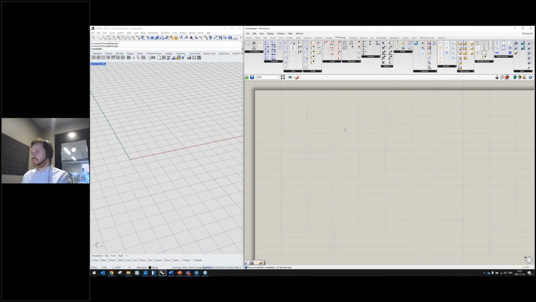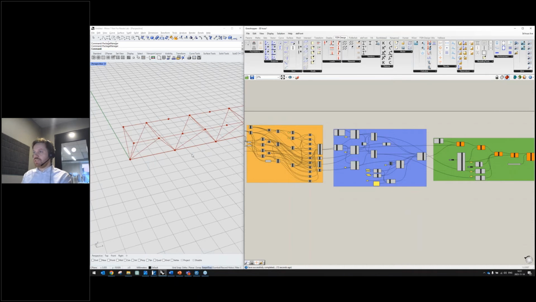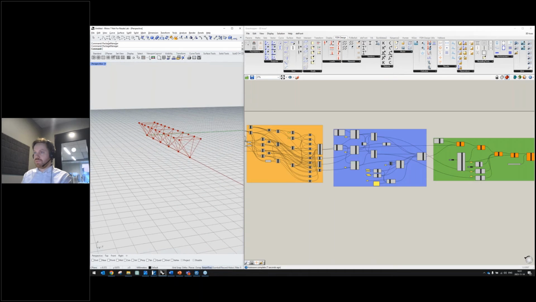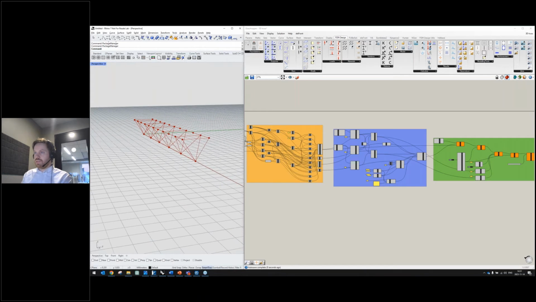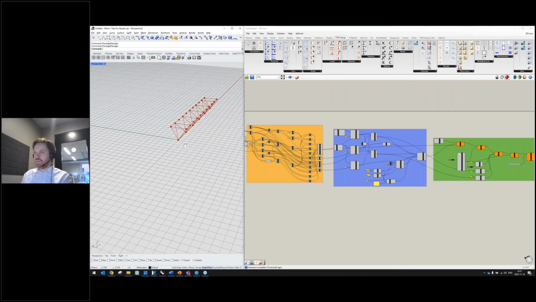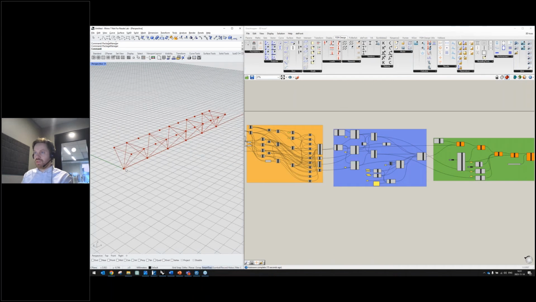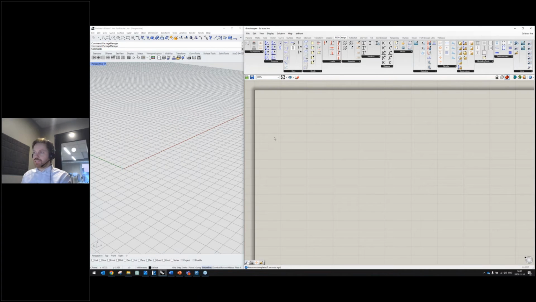Here you can see the type of truss that I want to create. It's this 3D truss that's parametric. It consists of 3 different lines and some trusses in between those lines. So let's go back to the blank page and start out by defining